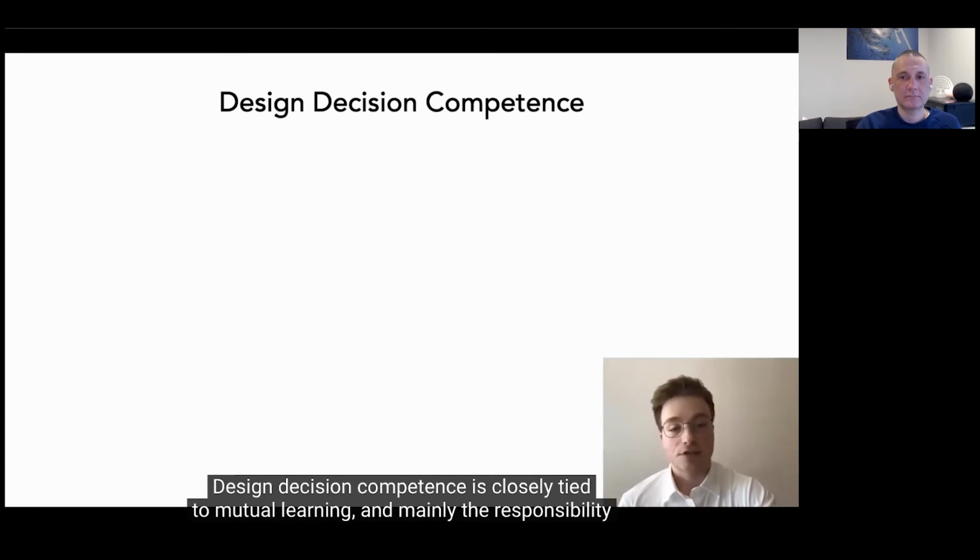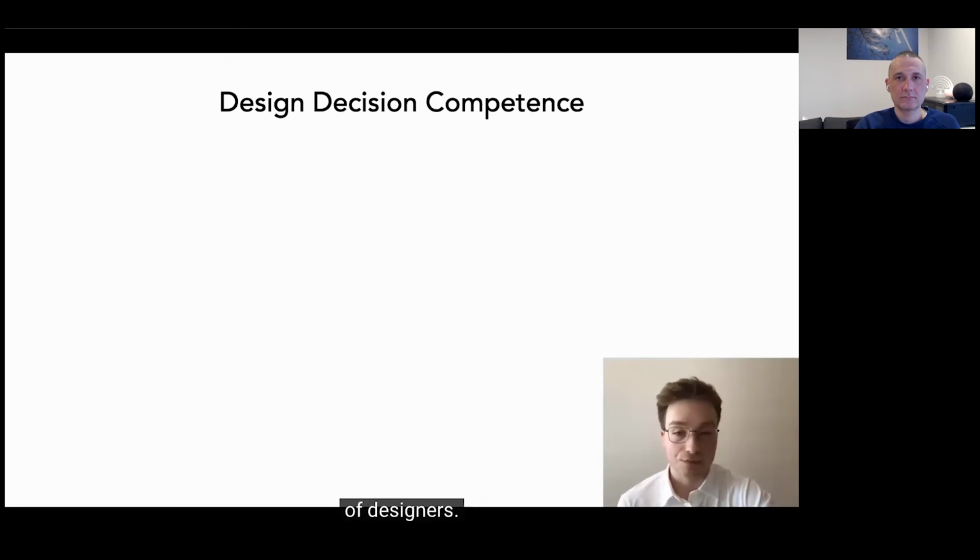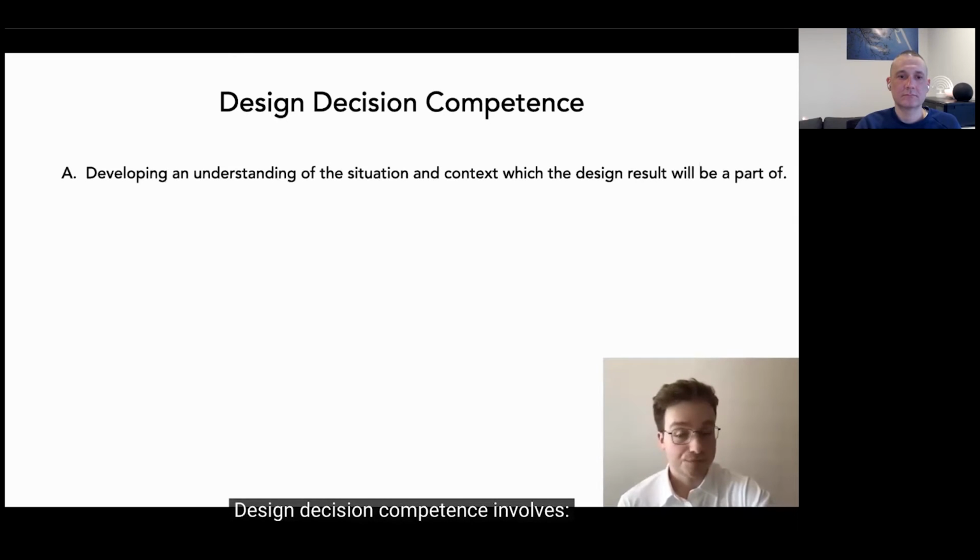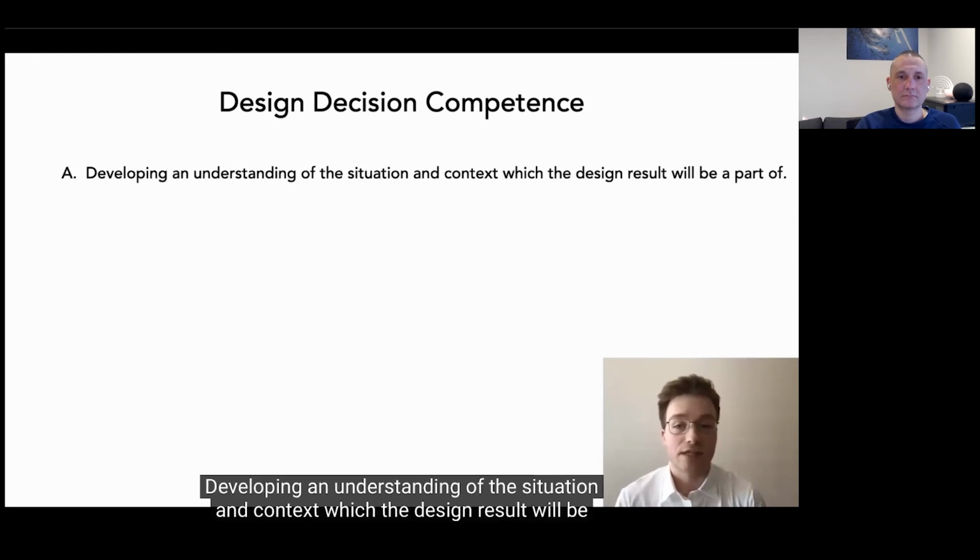Design decision competence is closely tied to mutual learning and mainly the responsibility of designers. Design decision competence involves developing an understanding of the situation and context which the design result will be a part of,